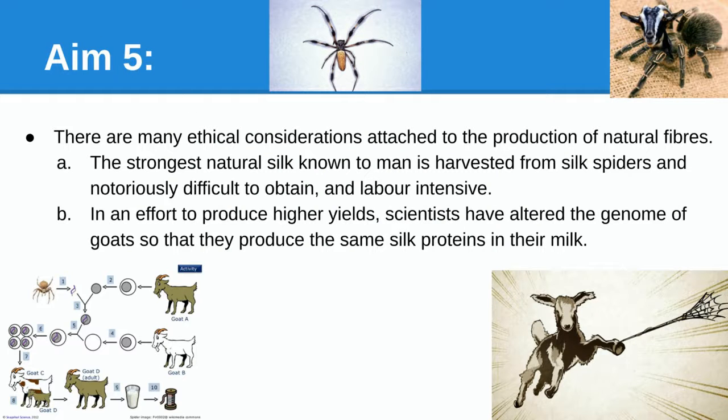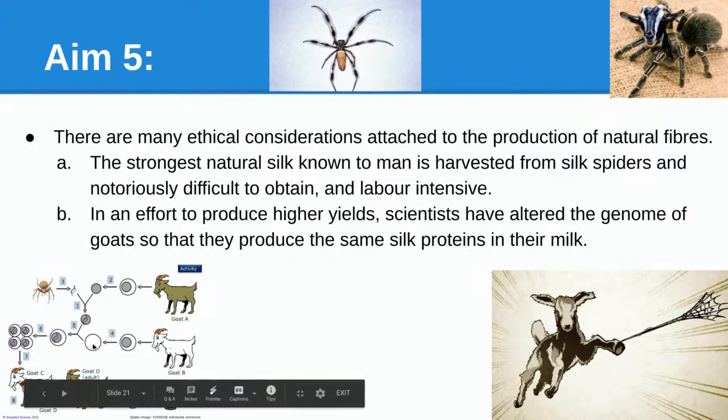All right, here's something else that's really cool. So, when we talk about silk and how strong silk is, we have the spider. The strongest natural silk known to man is harvested from these silk spiders, but it's very difficult to do so and very labor intensive. So what they've done is they've taken DNA, and you can see it down in this little chart. They take some DNA from the spider, they introduce it into this cell from the goat, and then they took that cell and put it, or maybe that's even, I don't know if that's a nucleus that they're showing here,